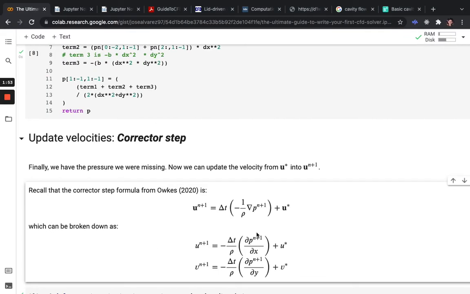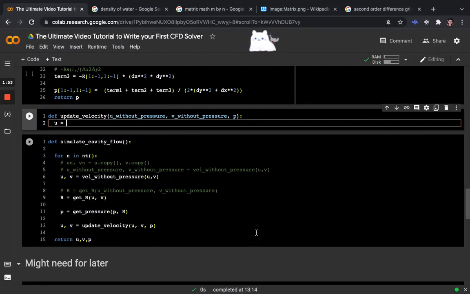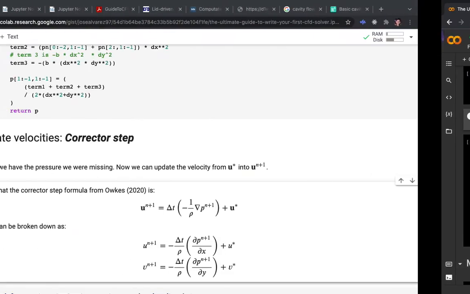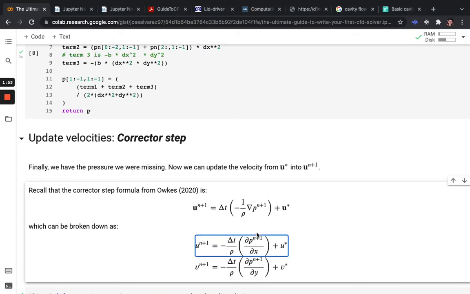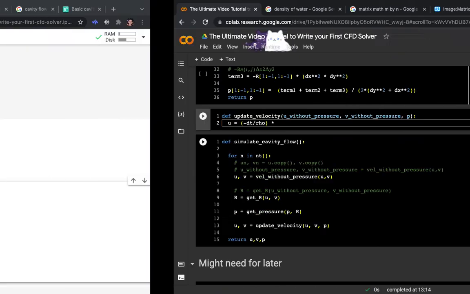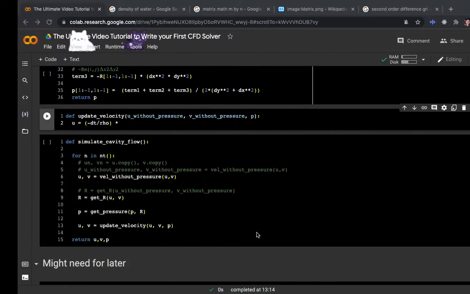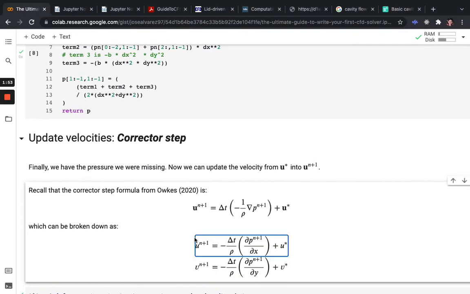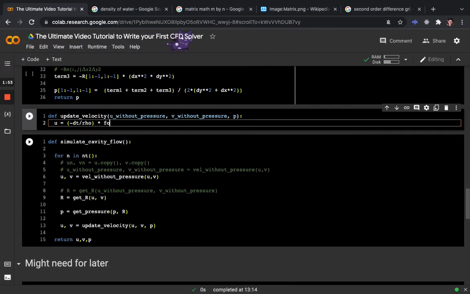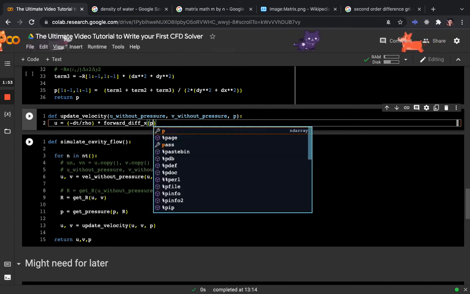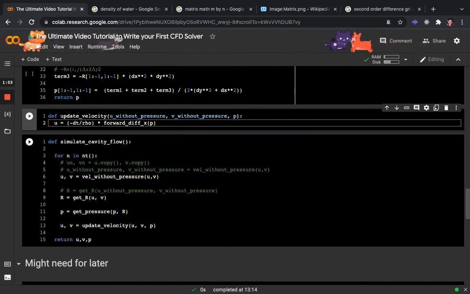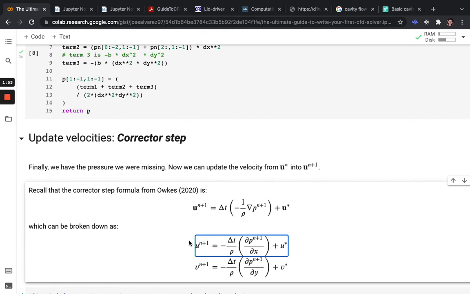U is going to be now equal to minus dt, rho, the density, multiplied by, let's do a forward difference. It's a first order difference, that's all that matters. Forward difference of P, plus